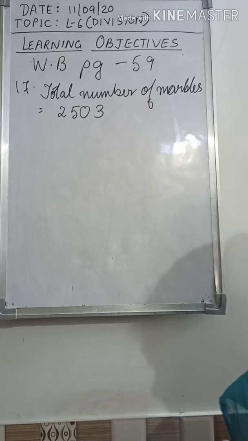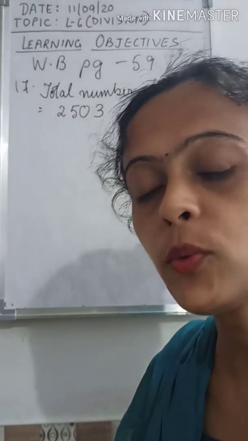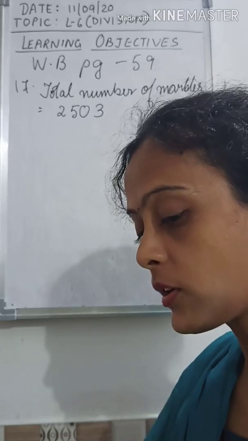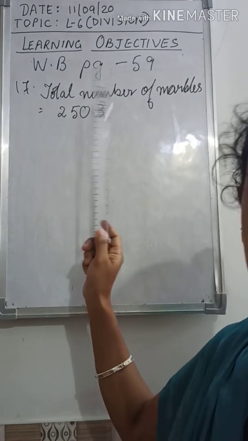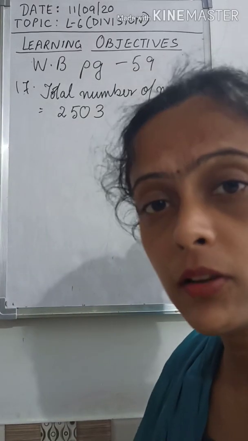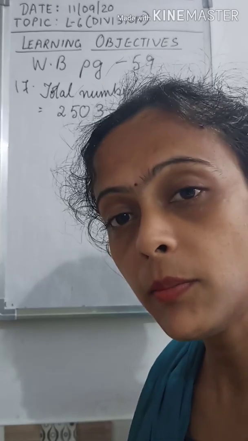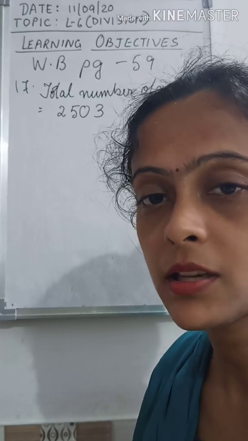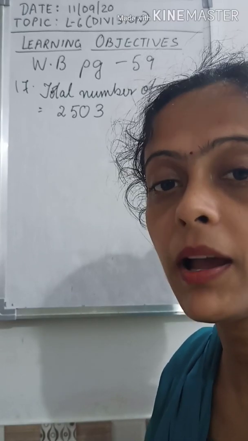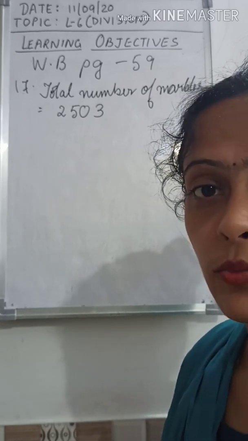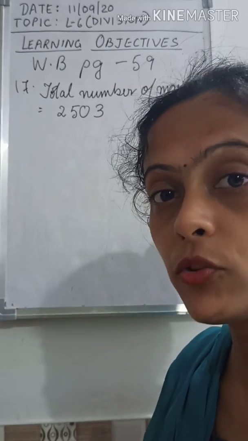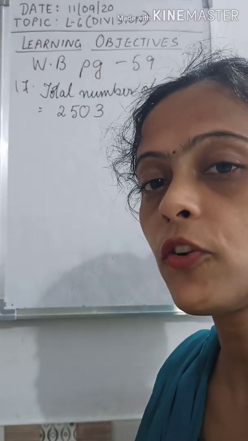So for that, what do you have to do? There are two ways to do it. The first way is that you can divide this number by 3, and by 6, and see whether you get a remainder or not. If you get a remainder, that means it's not exactly divisible by 3 or 6. There is one more way to do it. What is the other way? We are going to use our divisibility rule for 3 and 6.